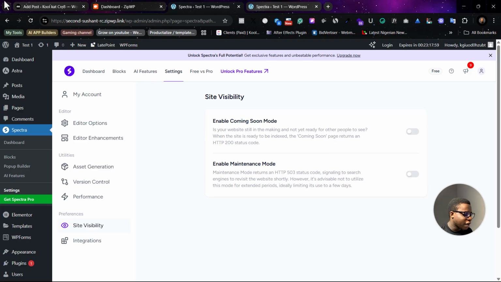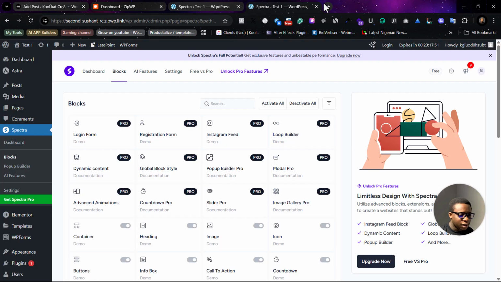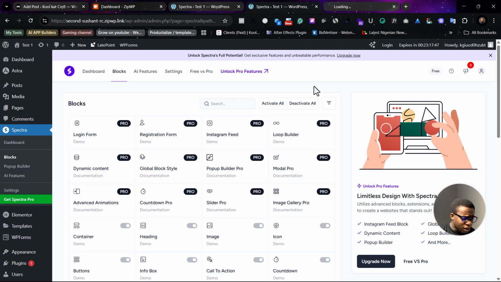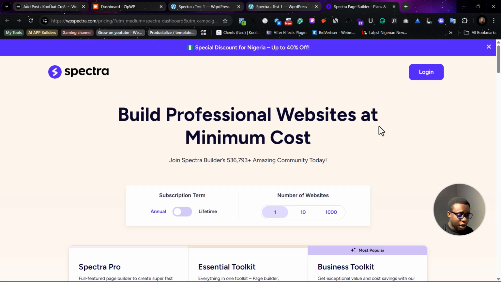If you ask me, it's a headache. It's not less of a headache, it's just that you would have to have a learning curve, and maybe if you want to get some things, it might be paid, right? And what's best for it, if you're building, let's say, a site that doesn't have so much, take for example an agency website, a simple website that isn't so much of a headache, right? You can actually use